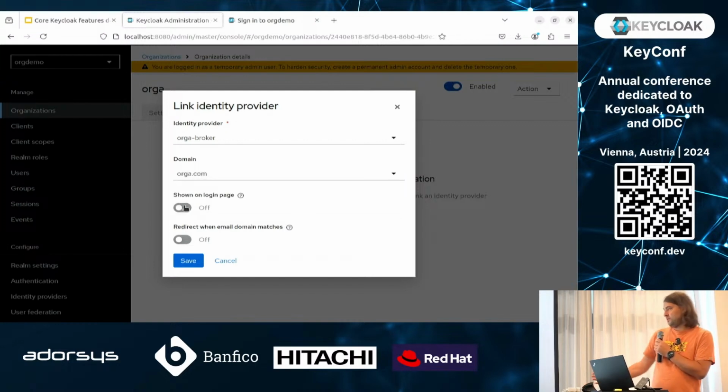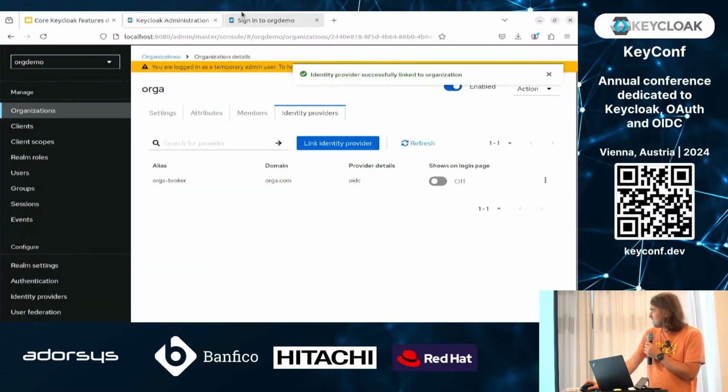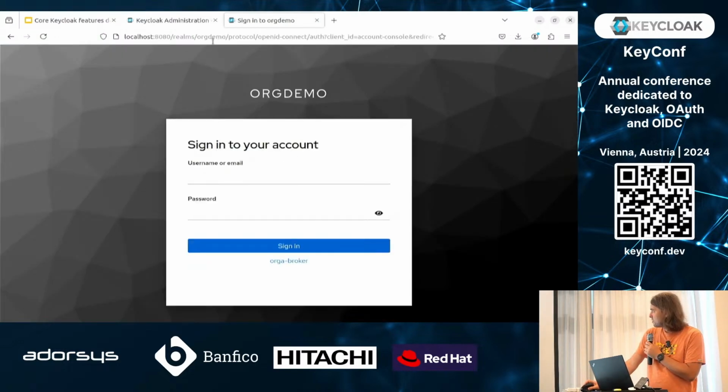And I want to specify that normal users who are not members of the organization are not able to use this identity provider, so it won't appear for them on the login page at all. But users from the organization with the matching email domains will be automatically redirected to the identity provider linked to the organization. So when I save this